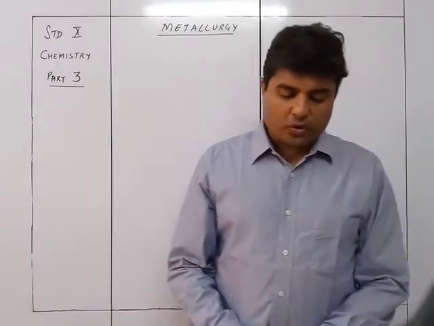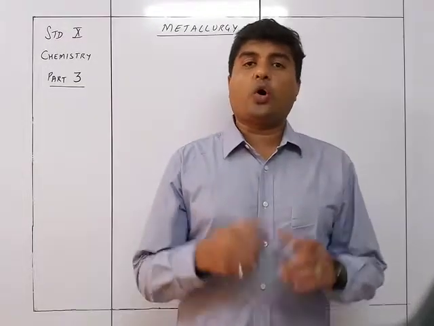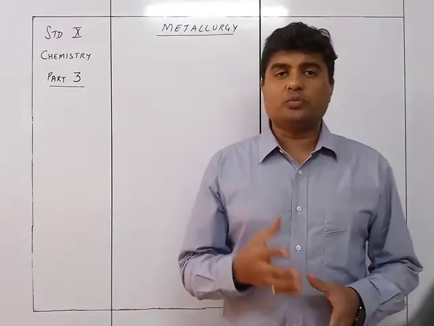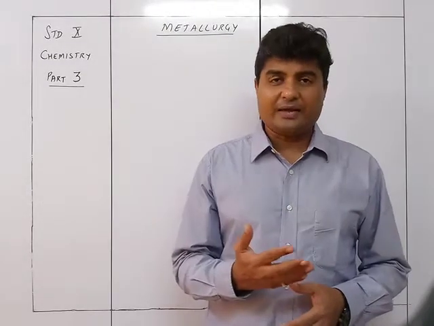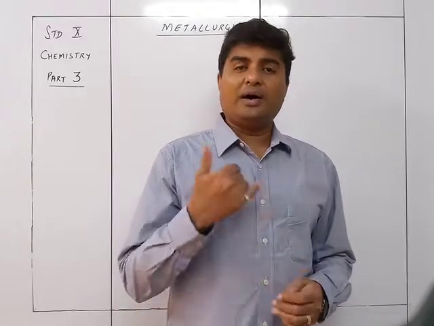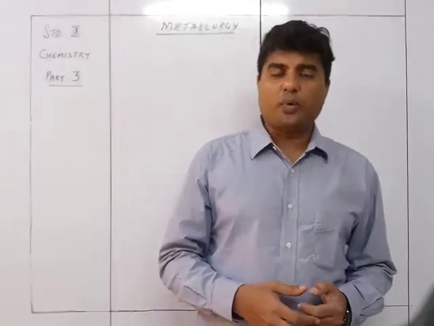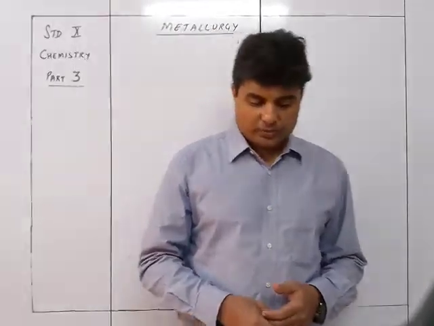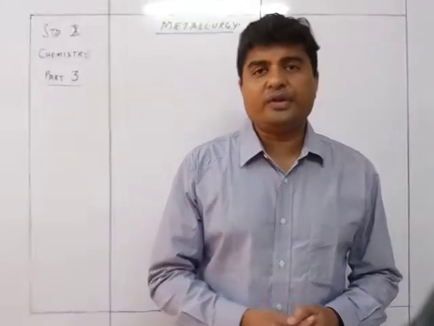Conversion of the concentrated ore: this step is not necessary because you already have it in the oxide form. Just by the chemical leaching, the chemical method, Bayer's process that you have done, you have already reached a point where you have got the oxide of the ore. And the third step will be reduction of the metallic oxides.